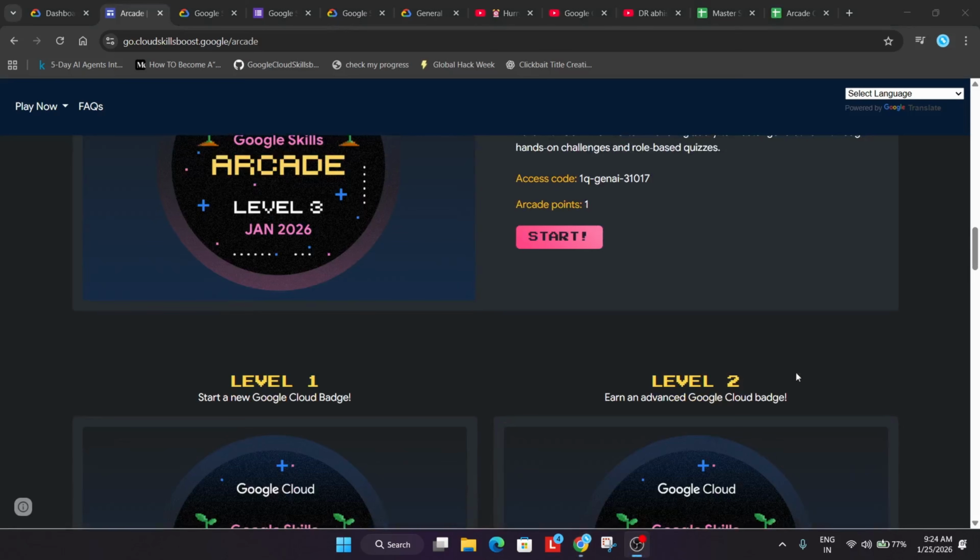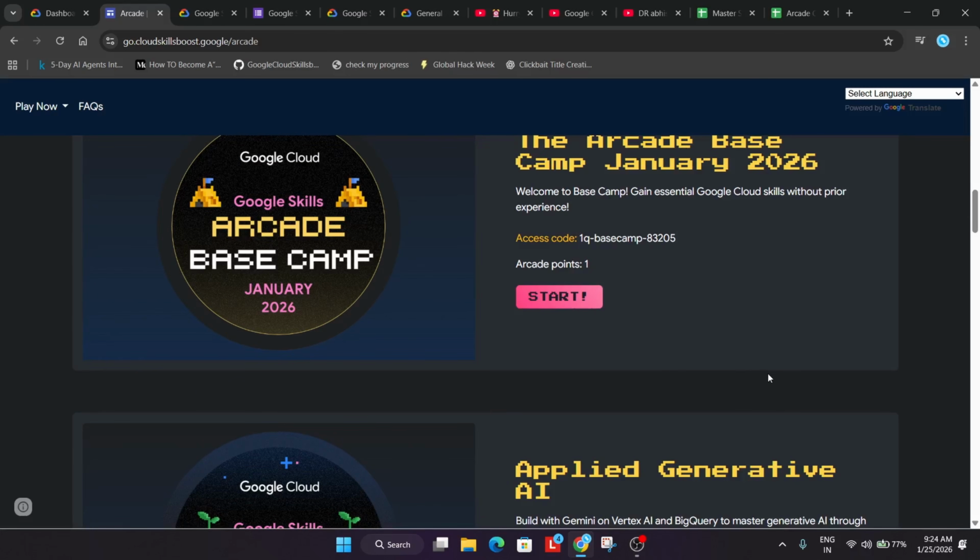Now coming to the swags. You participated, you won the badges. So when will you be getting the swags? As I said earlier, in June itself. You won't be getting the swags instantly. And just by completing 11 arcade points, you also won't be getting swags. You need to see, for getting swags, there are prize tiers. Prize tiers will be updated each